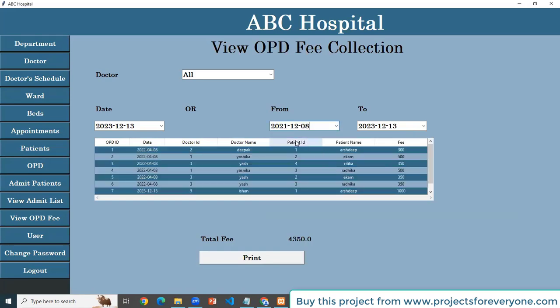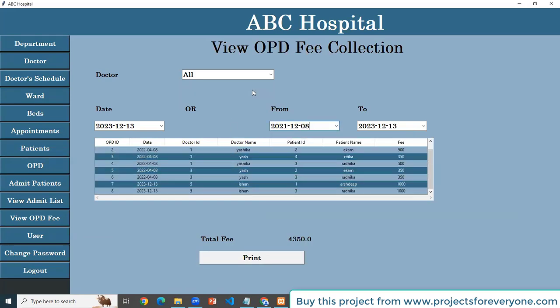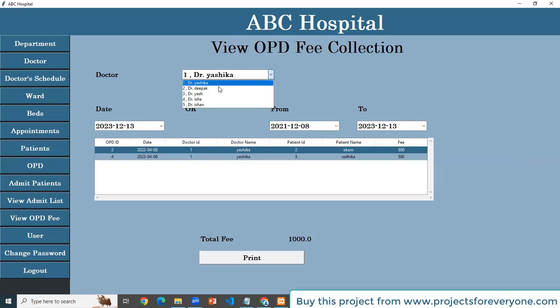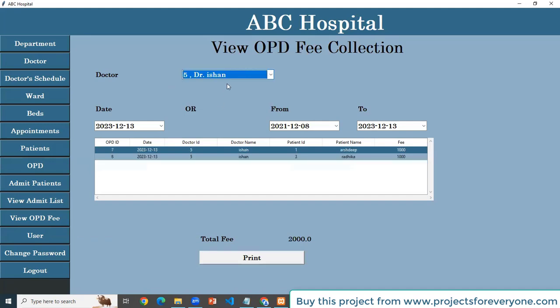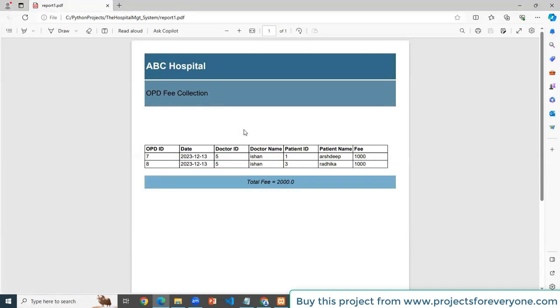Also view OPD fee collection according to all doctors or selected doctors and from the given dates. Also get a printout of this.